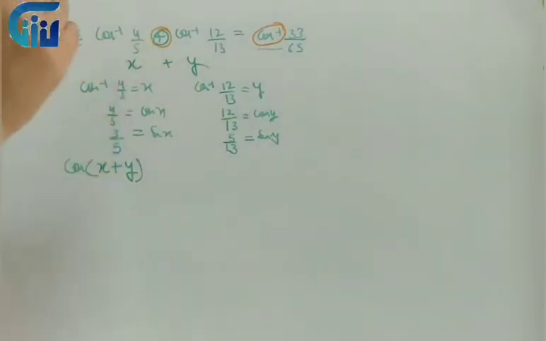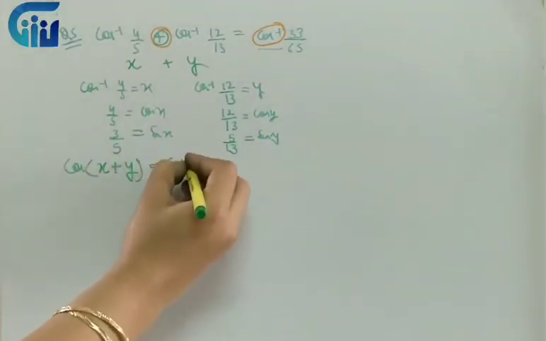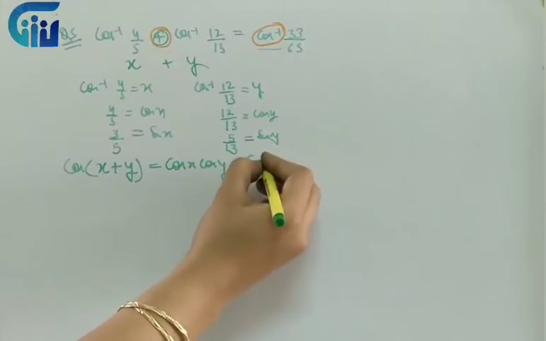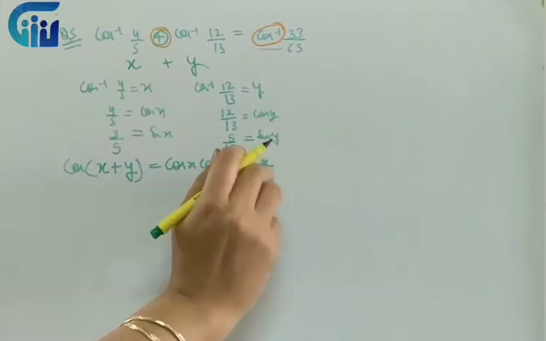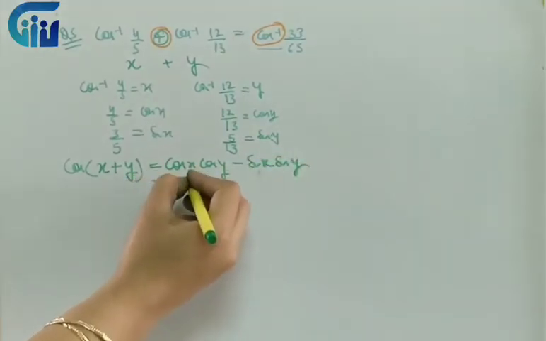Had it been minus and sine, I would have applied the formula of sin(x minus y), right? So all the questions where you have cos, sine, cos, all these terms, we will apply these 4 formulas that we did in class 11th, right? So what was the formula? It was cos x cos y minus sin x sin y, right? So cos x, I know the value.